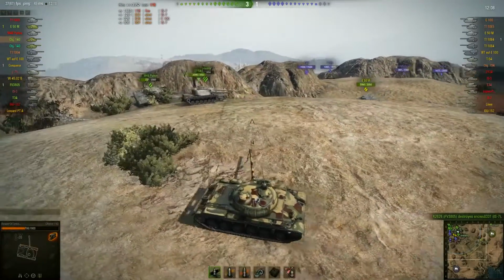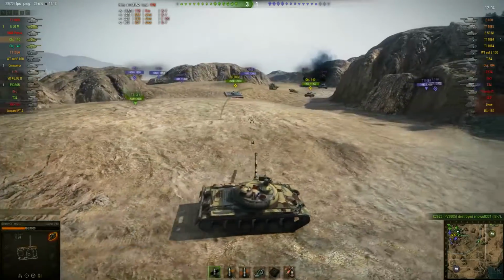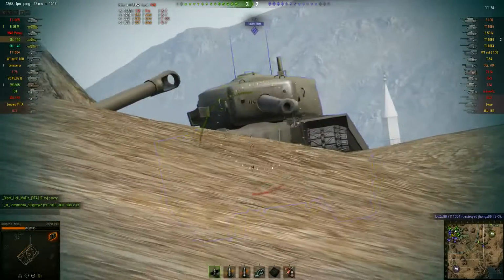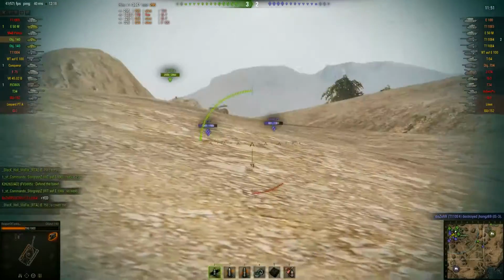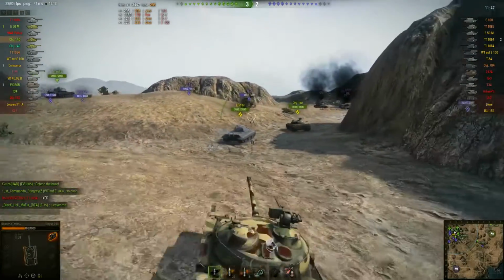That's the thing about the Object 140. Tier 10 Russian medium tank. It trades alpha damage for rate of fire. It has superb damage per minute. Oh, yep, nicely dodged the return fire there. Aims very quickly. It's a great little tank, but when you're trying to blow the tracks off something really big,